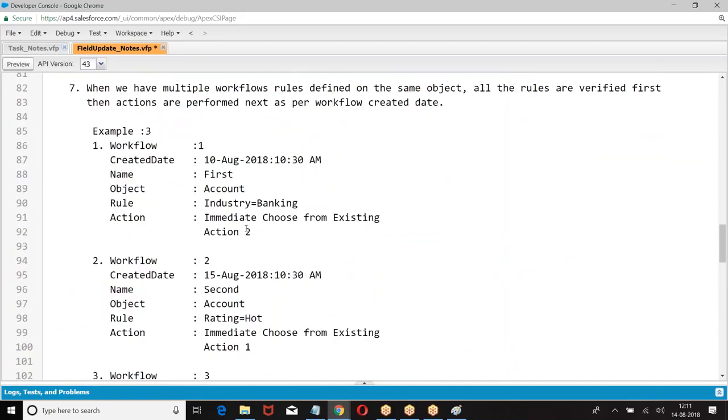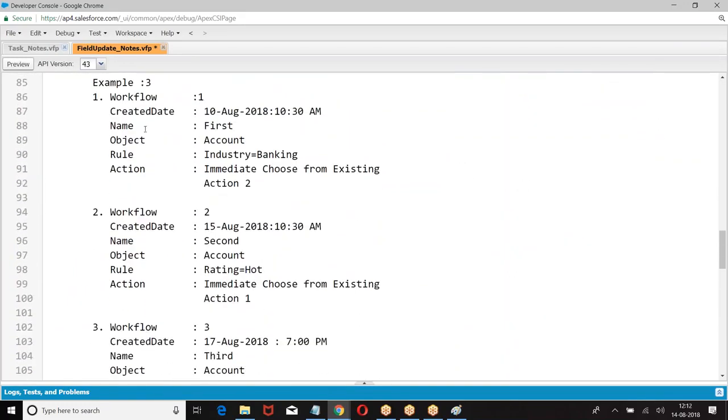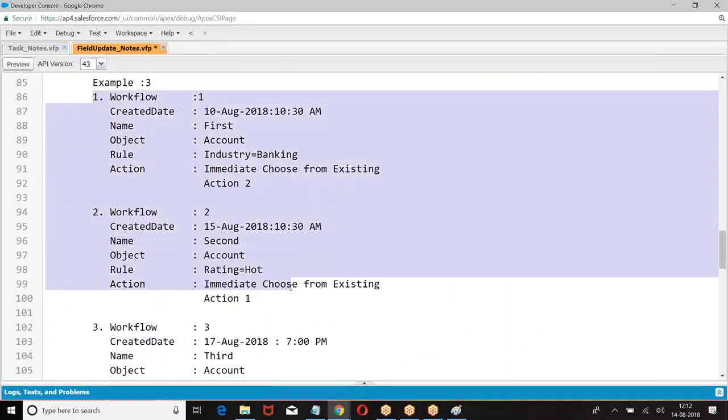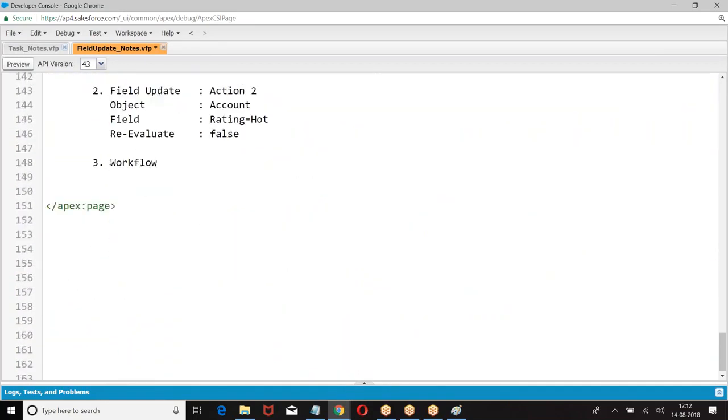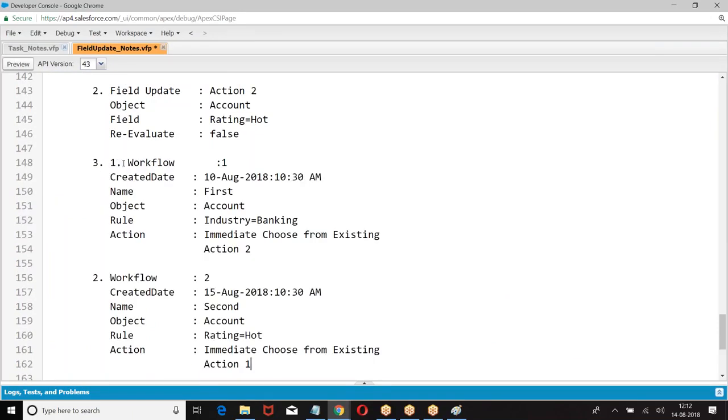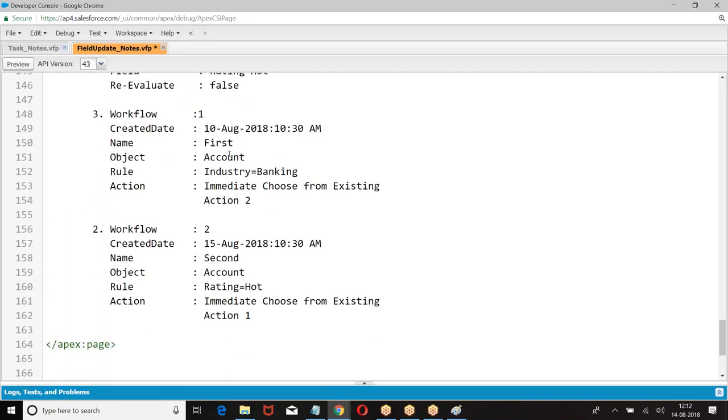I'll just copy the existing action. First action: I have industry equal to banking.